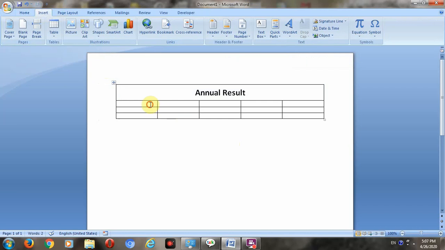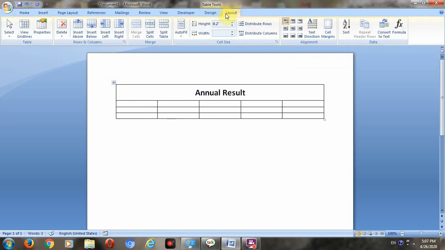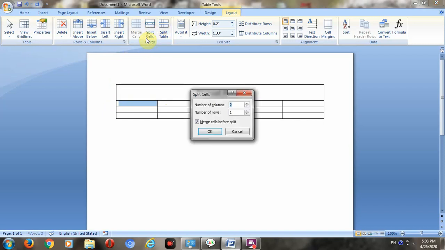Next, again go to the Layout button, and then we split the table cells. Say I want to split this cell. Just select the cell and click on Split Cells. In how many columns? In 2 columns.